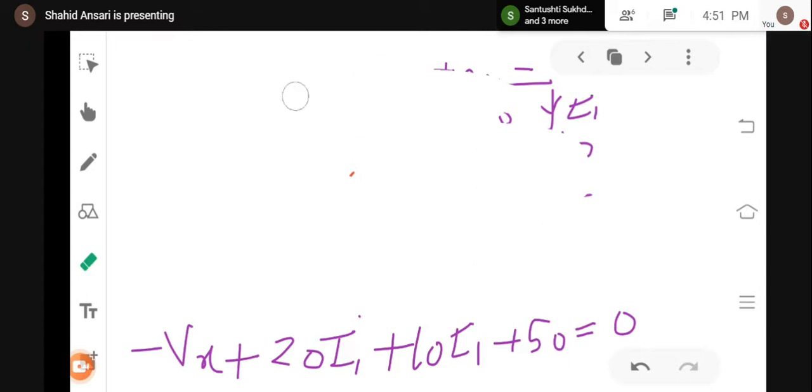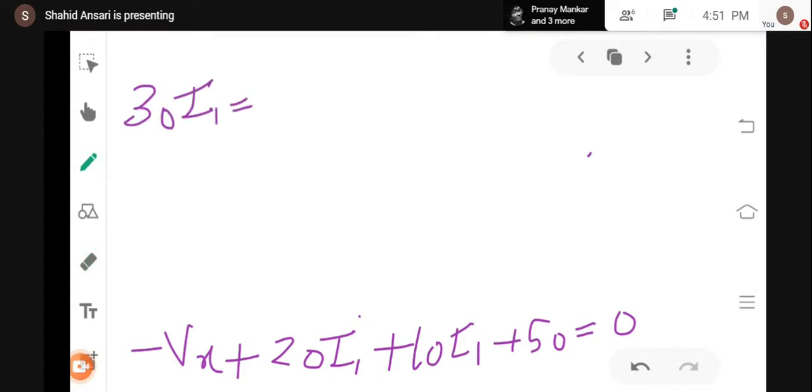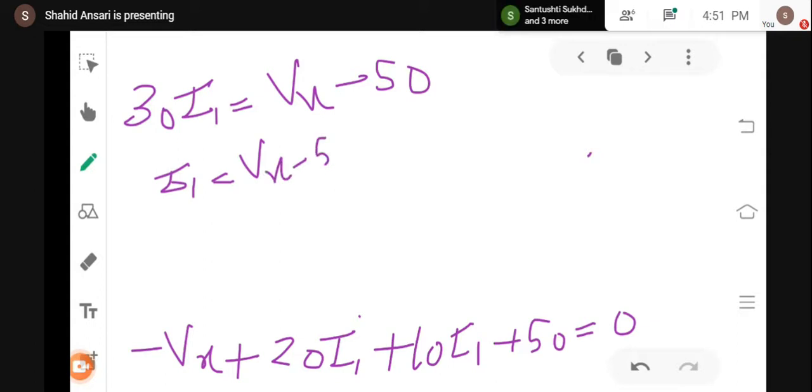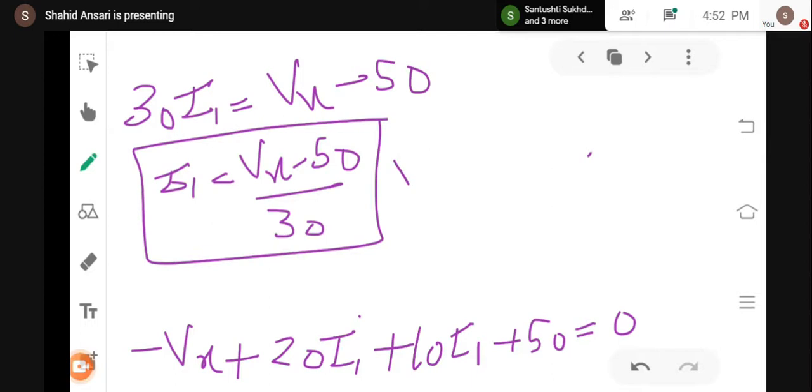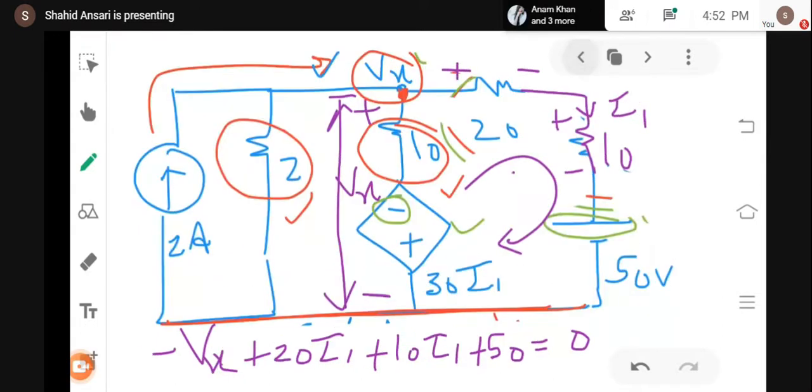You will have this PDF after the completion of the class. So how can I write I1? This will be 30 I1 minus 50. So my I1 will be Vx minus 50 divided by 30. So now I have this particular equation for I1, and the second one in